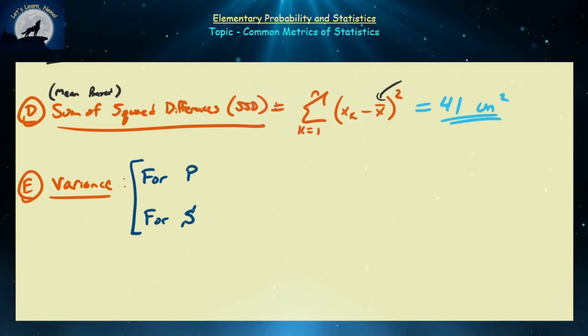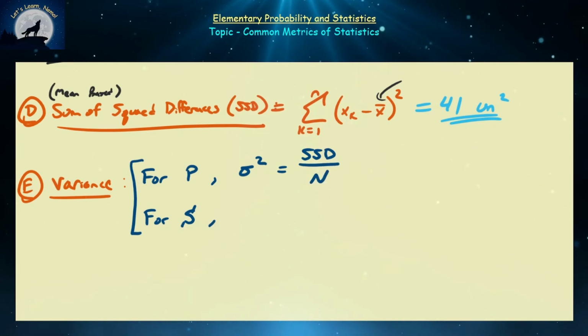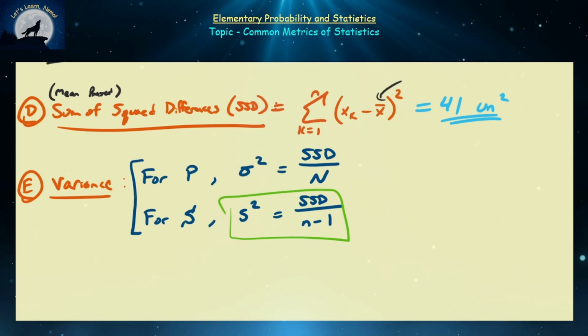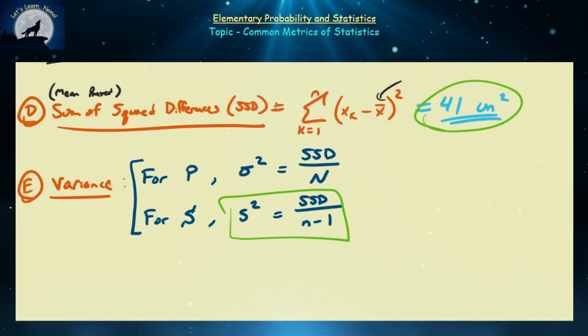So the population variance is going to be represented by sigma squared and will be equal to the sum of squared differences divided by the population size, capital M. And for samples, it's going to be abbreviated by little s squared, and that will be equal to the sum of squared differences of the sample divided by little n, sample size, minus 1. Since we're working with samples, most of the time this is the one that you're going to be working with. So if we continue the example from the sum of squared differences, that's going to be equal to 41 divided by your particular sample size. We had a sample size of 4, so that's going to be 4 minus 1. So that's going to come out to approximately